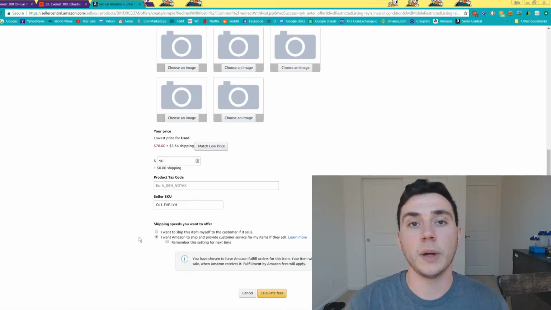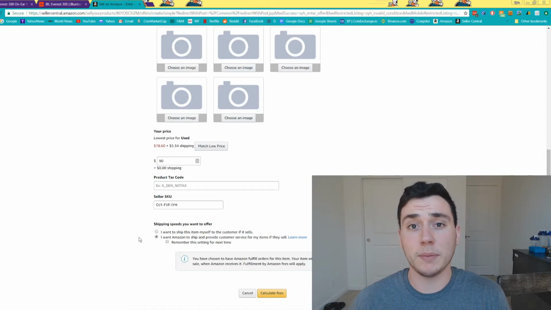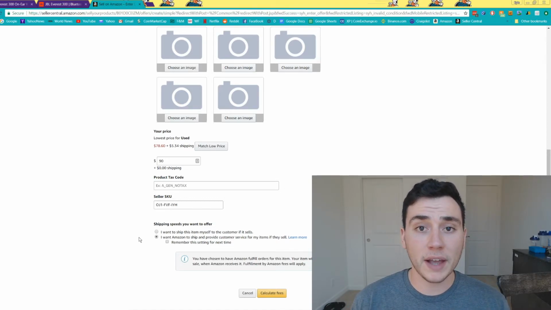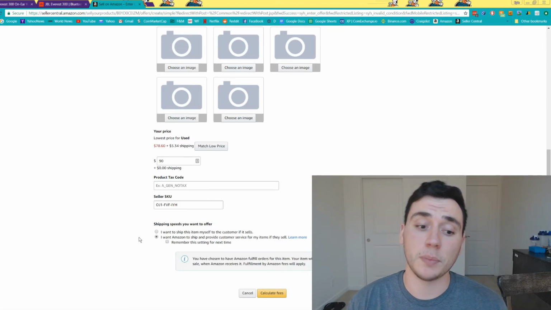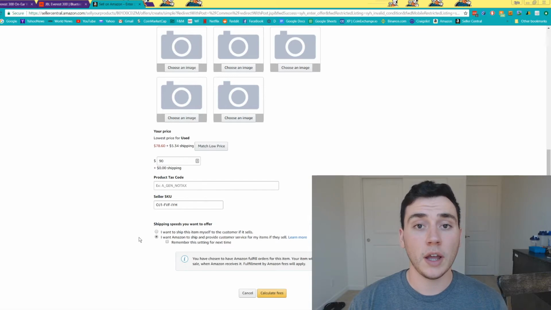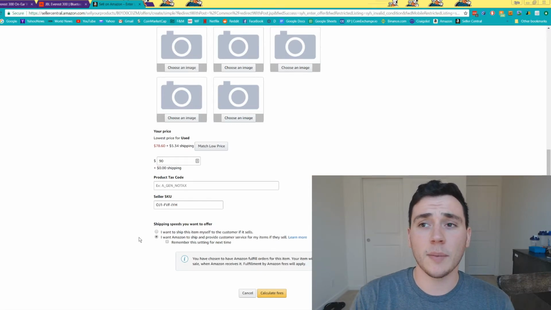So they will distribute your product, depending on what they think, to a warehouse that's maybe in a more central location or where they think people will buy it, so it's cheaper for them to ship it. And then if someone buys it, they'll immediately ship it using their 2-day Prime shipping. And so that's another huge benefit of sending the products into Amazon rather than shipping it yourself,